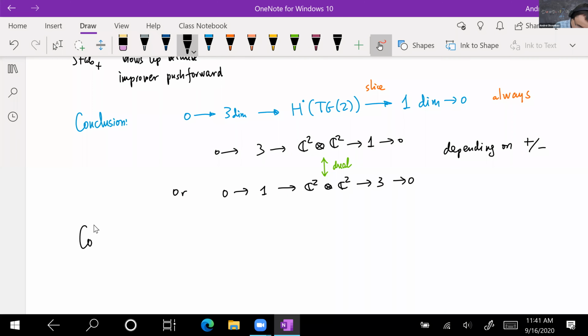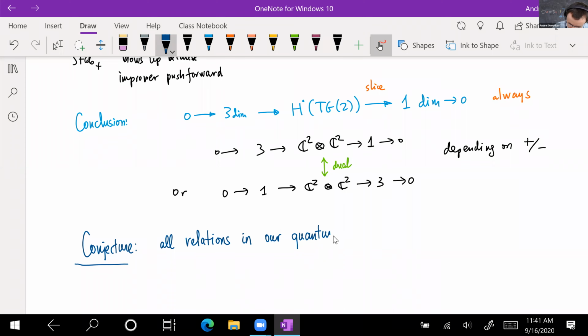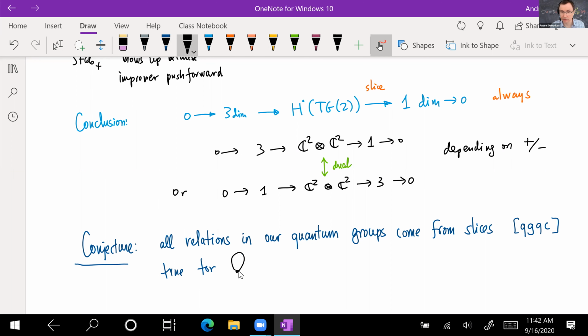So there's a conjecture: all relations in our quantum groups come from slices. This is first discussed in quantum groups and quantum cohomology. And it is true for the Q-root of one loop. The fact is, it's enough to check, since by deformation it's enough to check